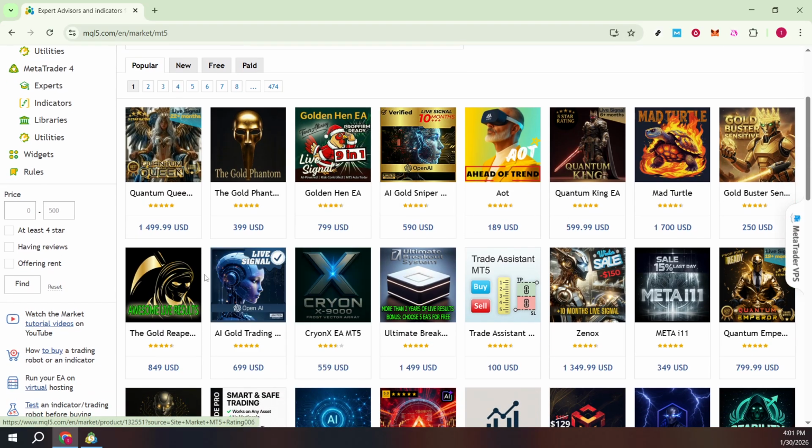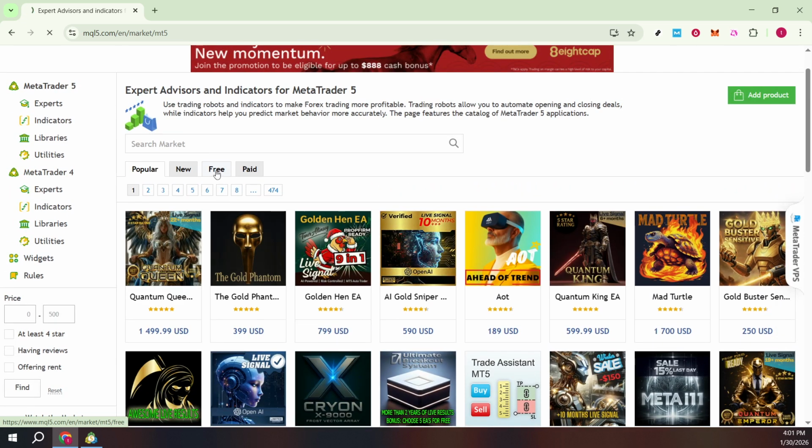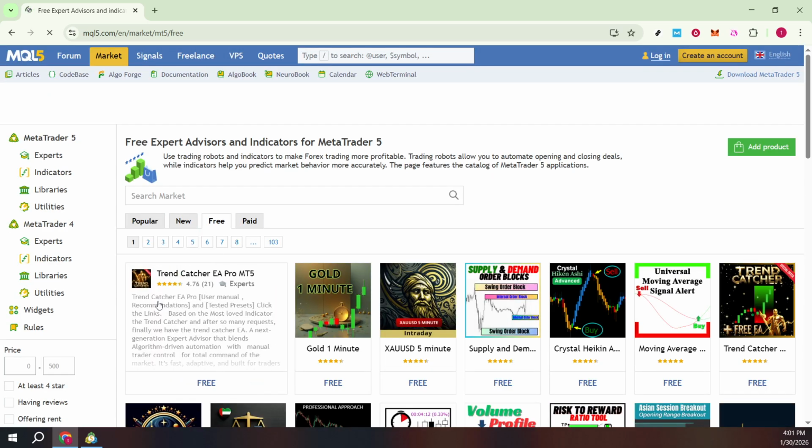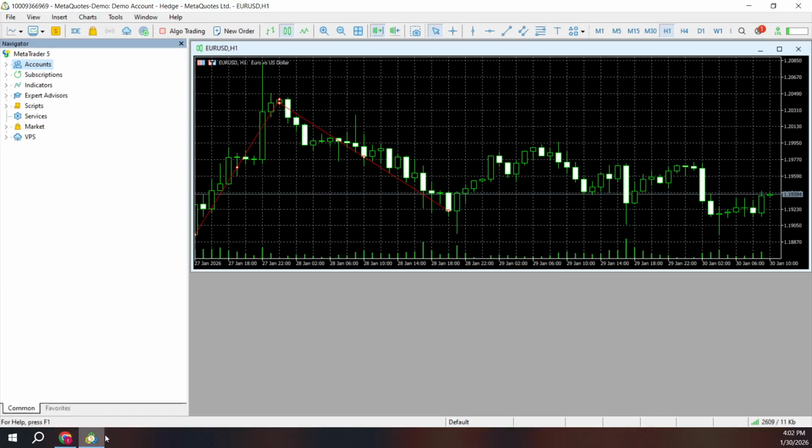When you find an EA you want to try, click into its page, read the description, and check compatibility with Metatrader 5. When you're ready, click Install. If your browser and platform are linked, the installation will pass the EA directly to Metatrader 5. If you instead downloaded a file, that's fine. We'll place it manually in a moment. After the installation or download finishes, switch over to the Metatrader 5 application on your computer so the platform can